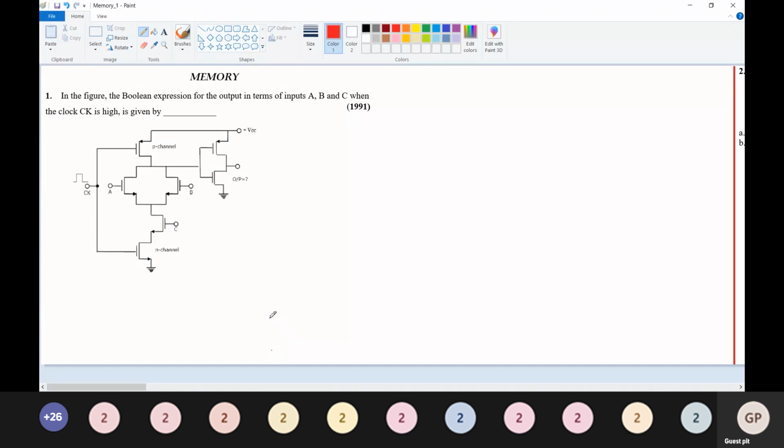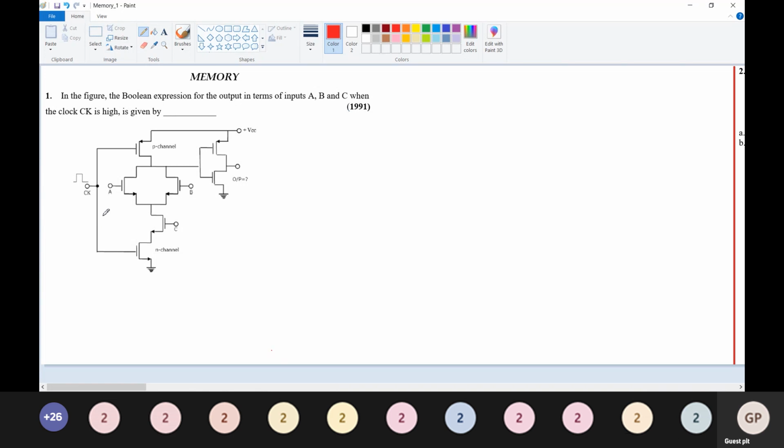In this video, we will discuss some problems which were previously asked in the GATE examination. In this video, we'll discuss memory. Okay. So the first problem is, in the given figure, the Boolean expression for the outputs in terms of